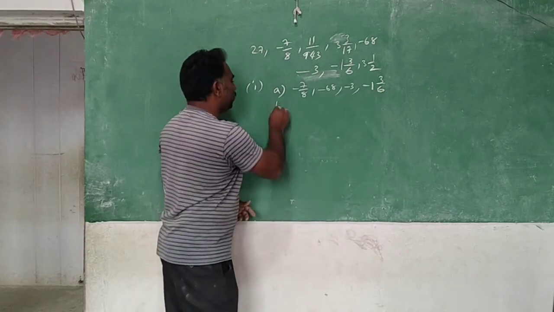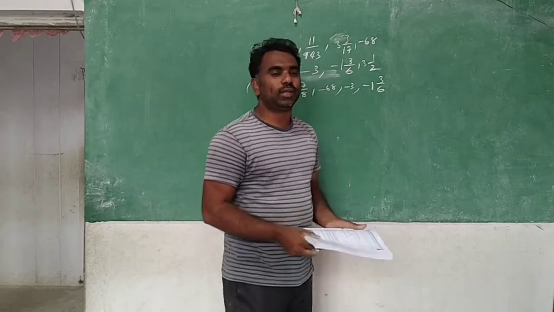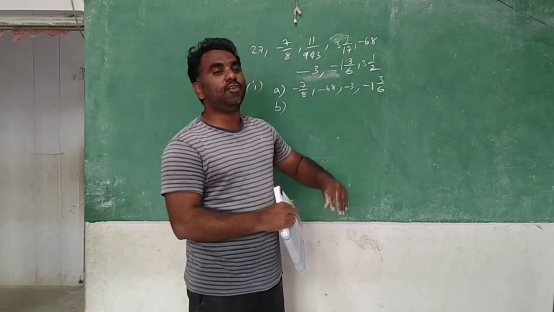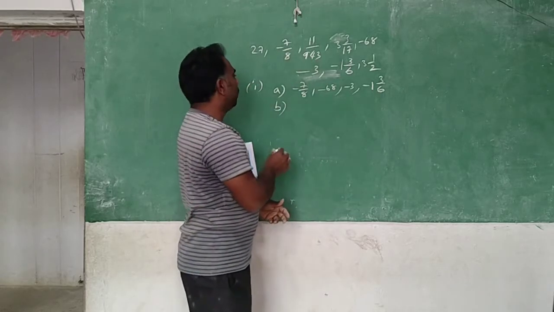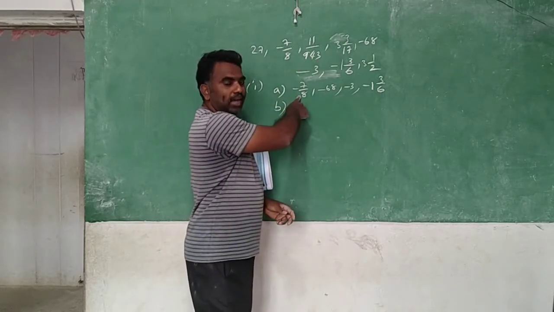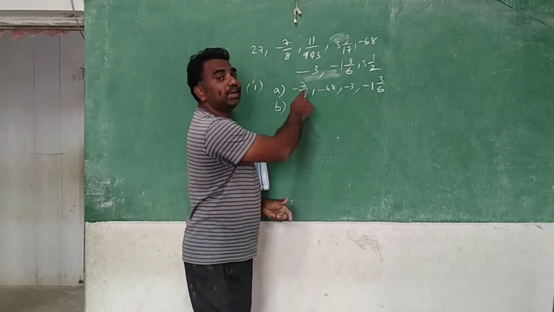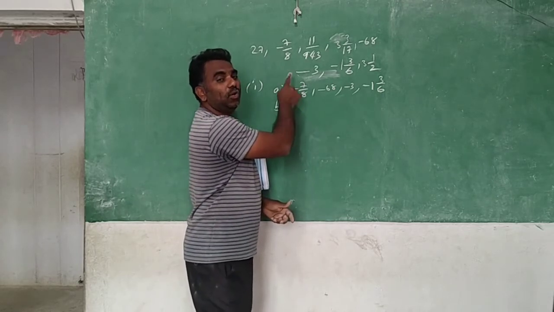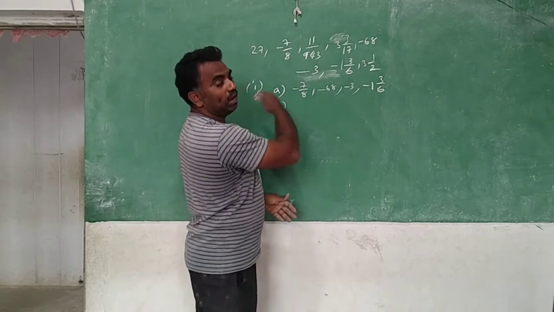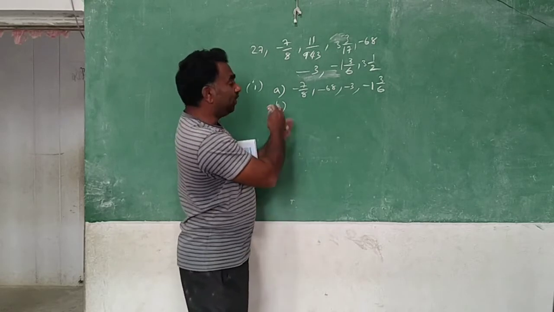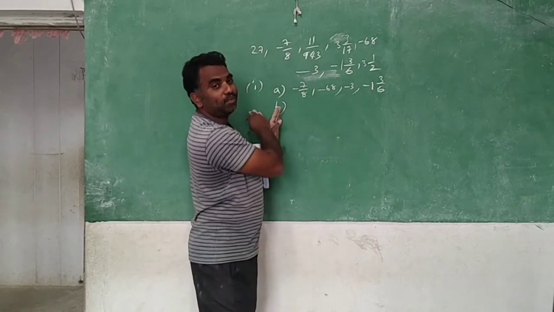Now the next question is, which are left of minus 2? Minus 2 going back. As I said already, it is a proper fraction, which means it is between 0 and minus 1 only. But I am asking less than minus 2, the left side of minus 2. That means the right side of minus 2 will not come. It is not on the left side of minus 2.